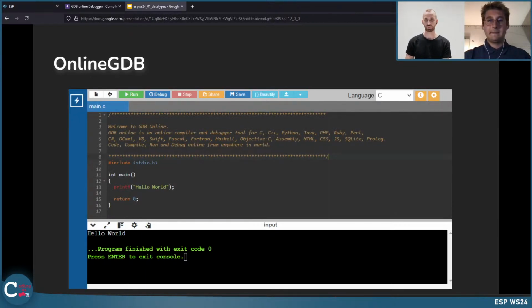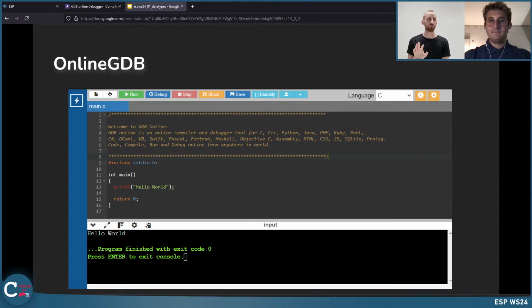We also use another editor for writing code, and this is Online GDB. The great benefit of that is that you can execute it online. So you can just open your browser, write the code here and execute it. So you don't need a virtual machine, you don't need VS Code installed and so on. This is very good for small programs, and this is also why the weekly exercises are in Online GDB.